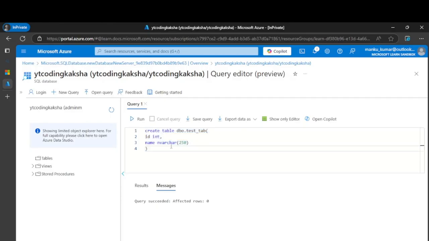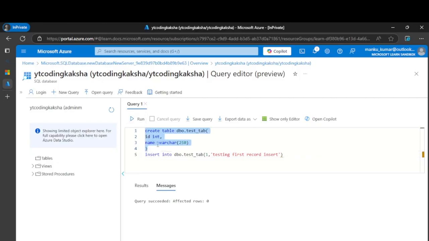Now let's insert a few records into this, and we'll check whether this is working or not with a select statement. So let's give 1 comma testing first record, insert.